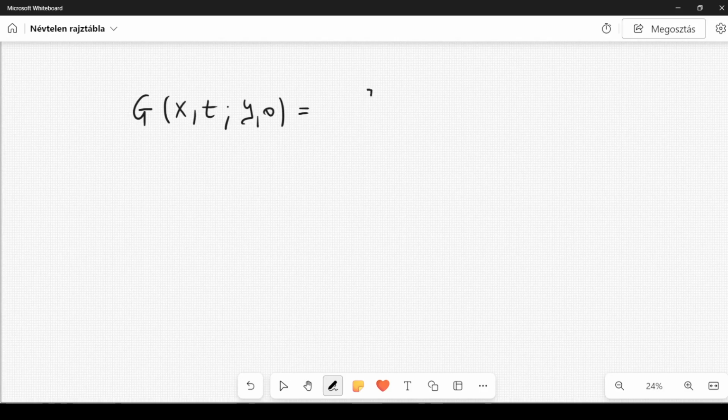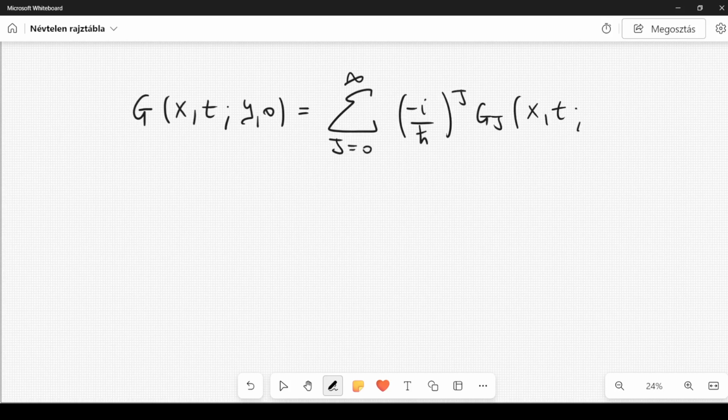If you remember, this is a series of terms, j from 0 to infinity, (minus i over h bar)^j G sub j of x, t, y, 0, and we also found some equations that this G_j should satisfy,